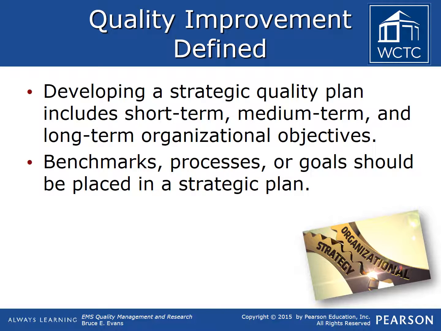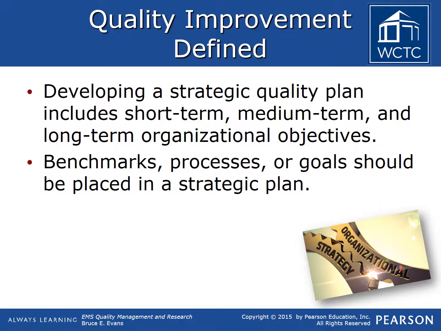This data should be used to drive benchmarks, processes, and goals that are included within the plan. From this information, the plan should delineate key processes and performance indicators. After all, how can you say a change resulted in an improvement if you do not have any data to prove it? That is what your performance indicators are for. They provide a measuring stick for your quality improvement initiatives.